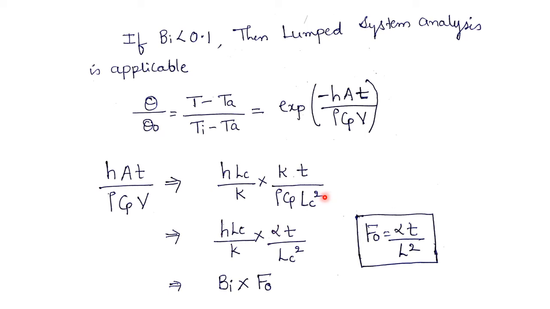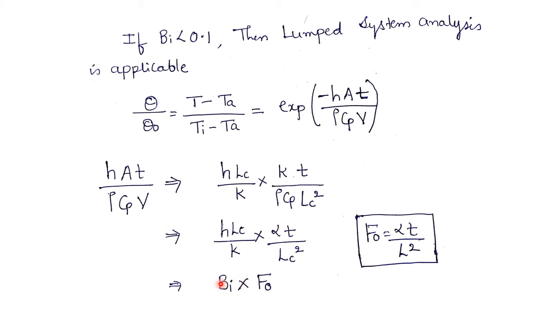So my equation will remain H into T divided by rho into Cp, where LC is given by V divided by A. Therefore this LC is in the denominator. If I substitute V divided by A, then in the numerator it will be A divided by V. If I simplify this equation, I get the equation in this form only. So without making any alteration, I have written the equation in this form. Why have I written the equation in this form? Because I want to express this